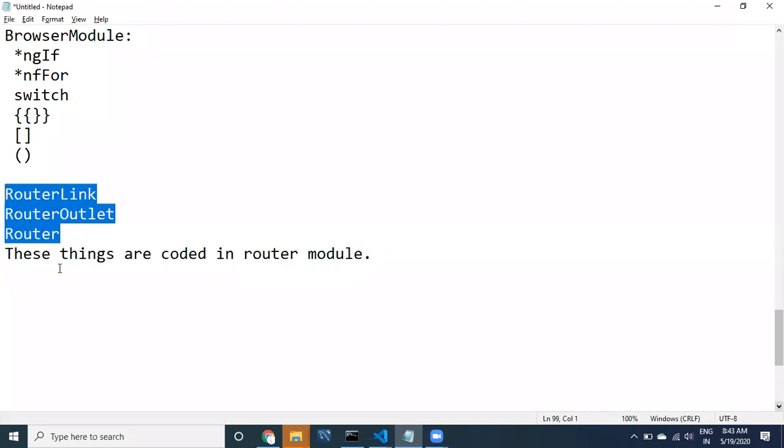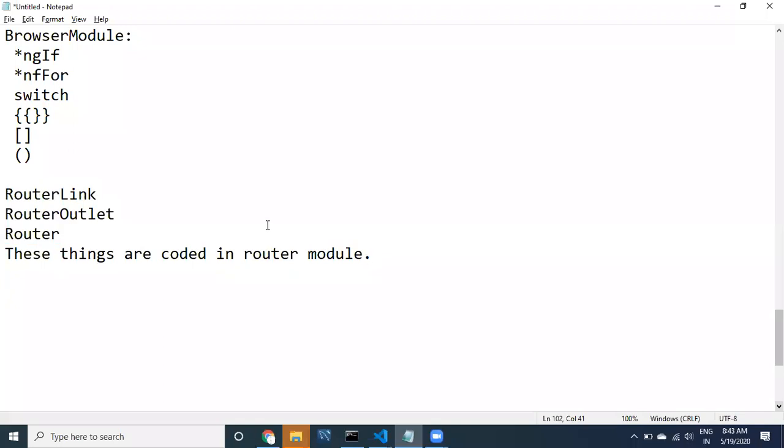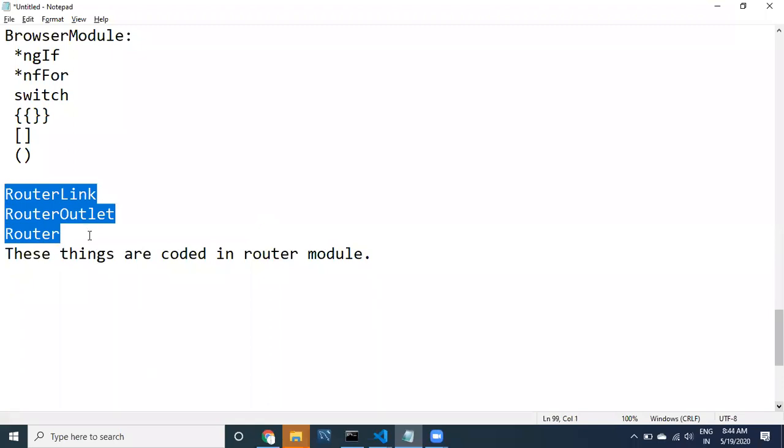This is also revision of yesterday's concept, guys. Remember, yesterday we wanted to use some components from another module, and what we did was import it. Today, if I want to use these things, I have to import the router module. Router module is predefined.